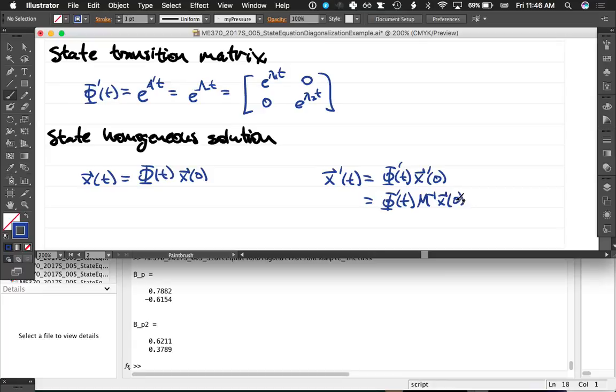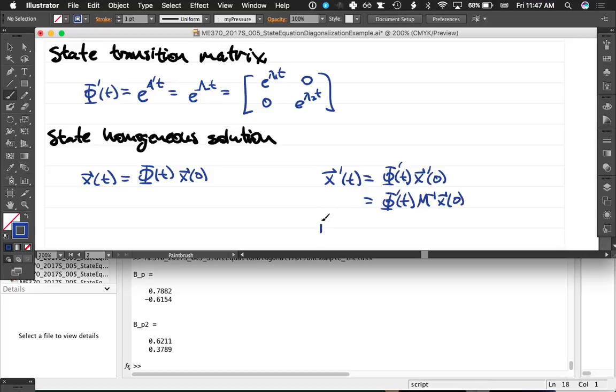Because we don't know what x prime of 0 is, we have to find it from x of 0 anyways. So we've got that, which is cool. And we could do that to find x prime, and that's great. But we actually care about